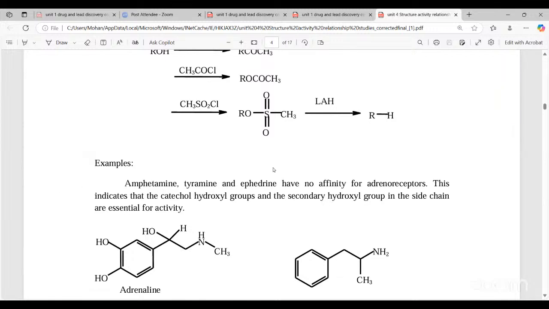Amphetamine, tyramine, and ephedrine have no effect on the adrenoreceptors. This indicates